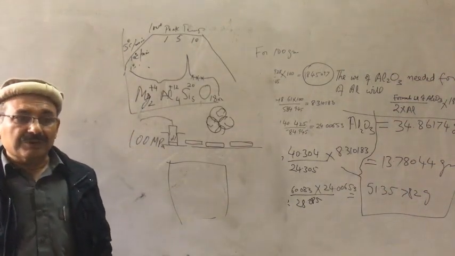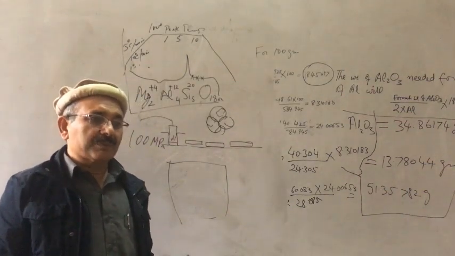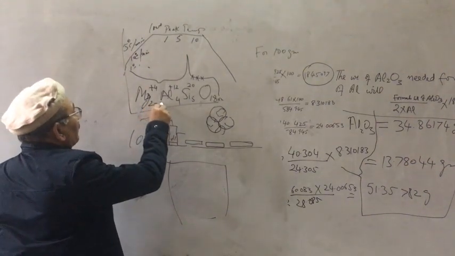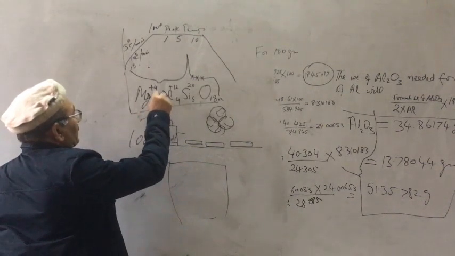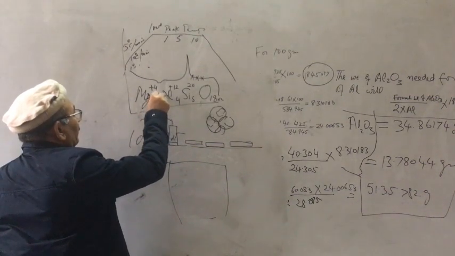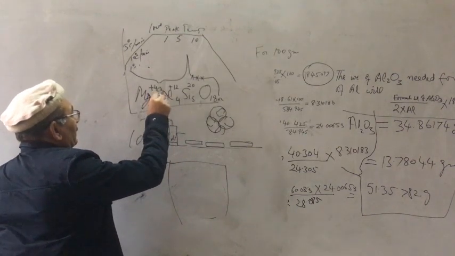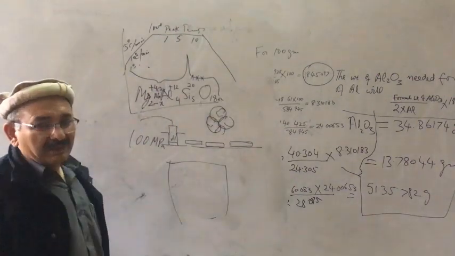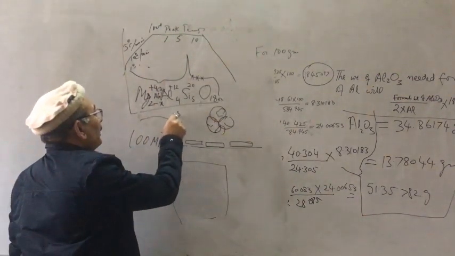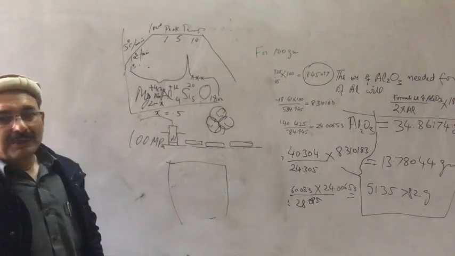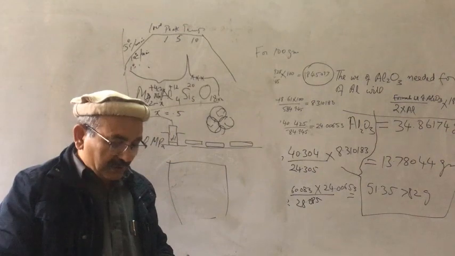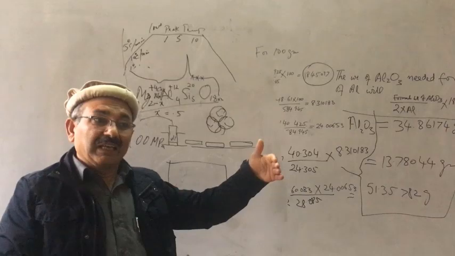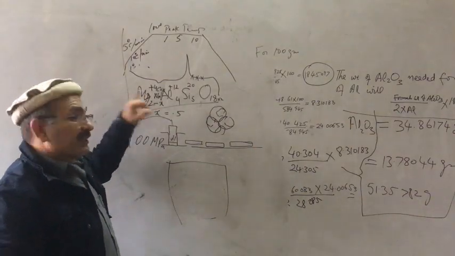The amount also matters, that is, how much of the material you are substituting. If, for example, this is Mg2-x, and some other element like sodium or calcium, x, is added, and it is forming the same phase, for example up to x equal to 0.5, and after that it shows a multiphasic material. This means that you have crossed the solid solubility limit of calcium or sodium in that